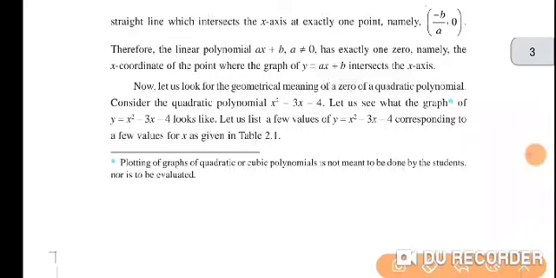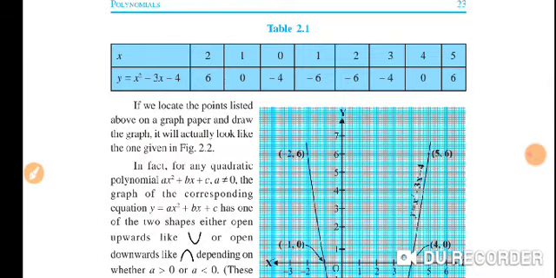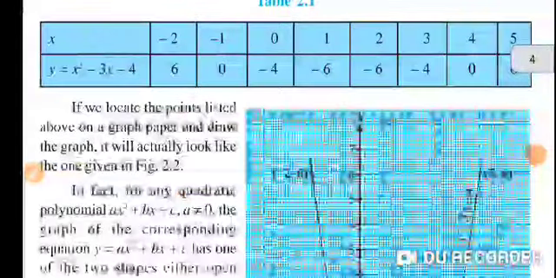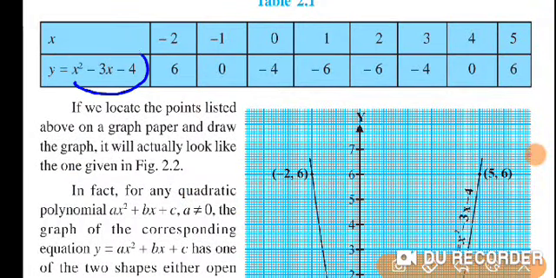Now let us consider the second one. The second one is the quadratic polynomial. What is the general form of a quadratic polynomial? Let us see. Here they have taken a quadratic polynomial, which is given to you. Now in this quadratic form, the equation given is x square minus 3x minus 4. This is the equation. You keep on substituting the values of x, all these values which are given,